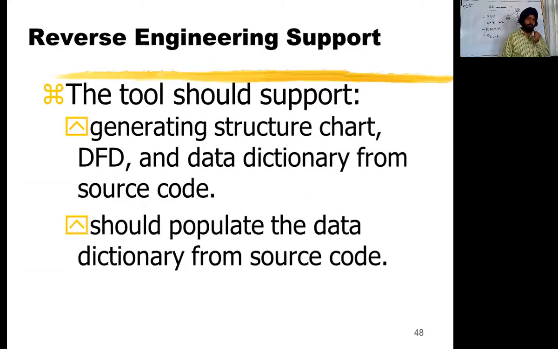Next, reverse engineering support. What is reverse engineering? What is re-engineering? We have already covered this in the previous chapter. CASE tools also give us support in the reverse engineering phase, where we have to check for faults. We start from the coding, then move to the design, then move to the specification. So in reverse order it goes through three phases: the coding phase, design phase, and specification phase. CASE tools give you assistance in that also.